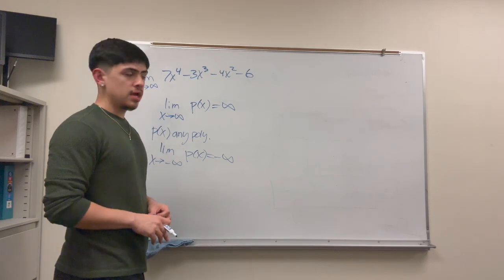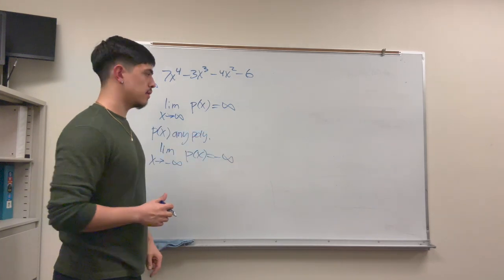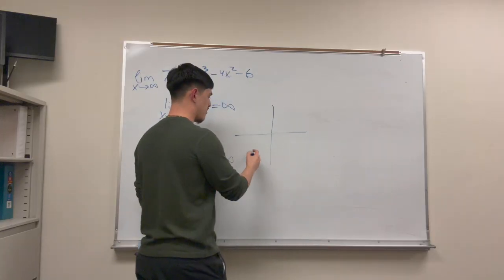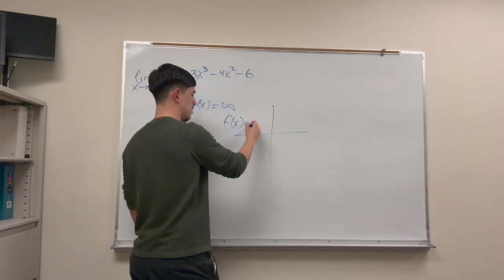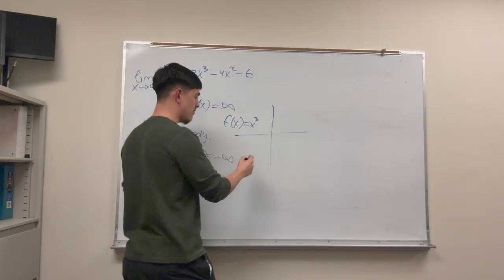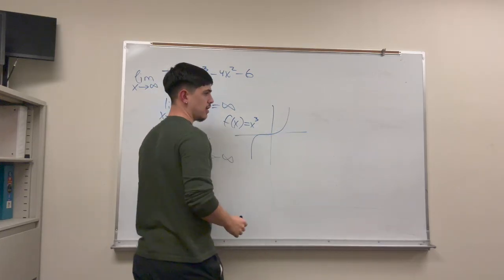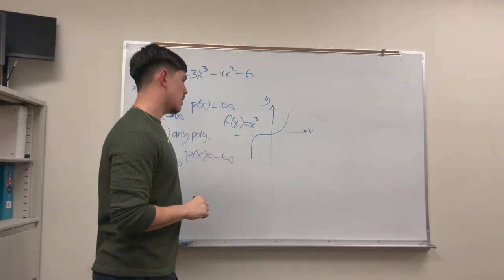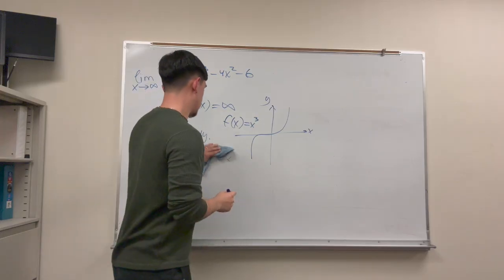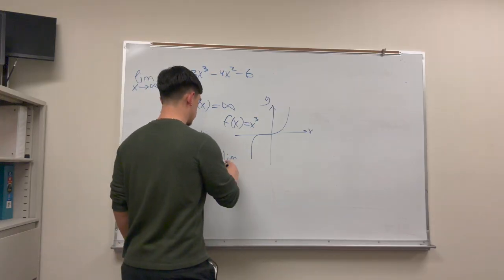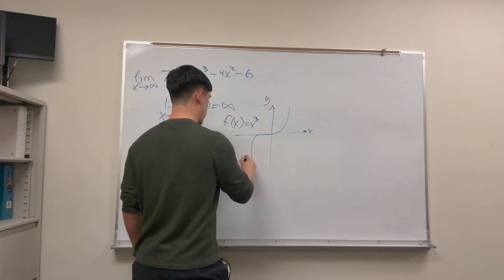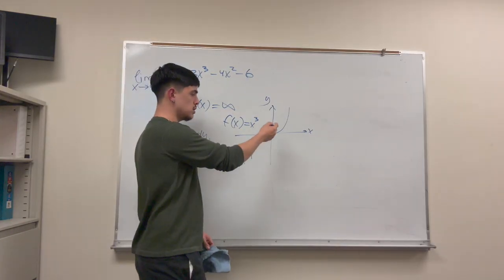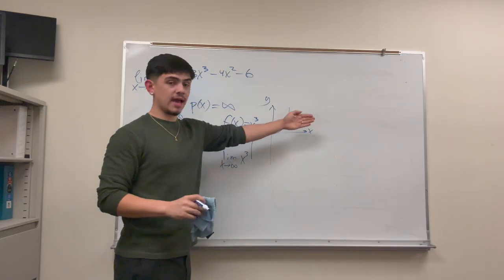And one more thing I wanted to show is this, but graphically, right? Geometrically. So if we have a graph, and let's go ahead and draw the graph of our function, which is going to be x cubed. That function looks something like this. This is our x cubed, and this is the x-axis, the y-axis. And so say we were doing the limit as x goes to infinity of x cubed. To understand this graphically, we're gonna look at our function, and we're gonna go down the x-axis in